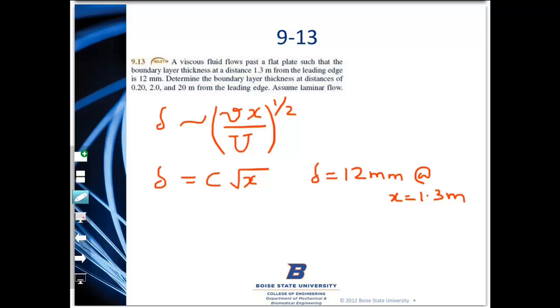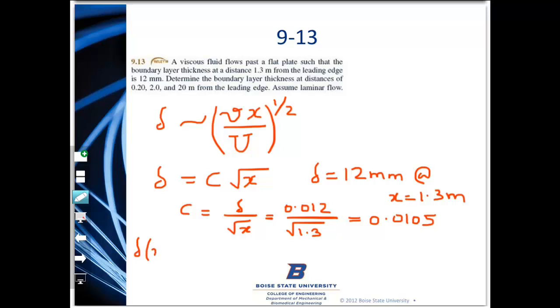So substitute that in the above equation, we get c equals delta over square root of x, so 0.012 meters over square root of 1.3 meters, so c turns out to be 0.0105. So now that you know the constant c, you can determine delta at x equals 0.2 meters, which would be